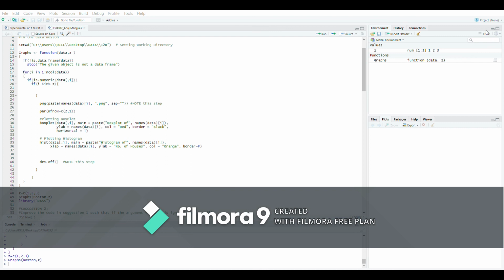Now in the canvas, this is the zn value plot. Then mf, rm, ptratio, these are all the variables present in my Boston data. This is all about the univariate analysis of the Boston data.